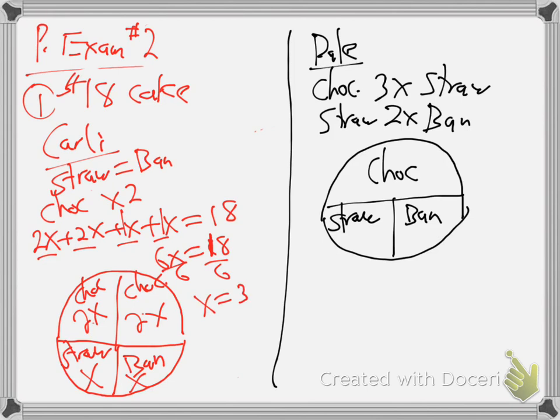So then you just go back in here. This x here is $3 for the banana part, $3 for the strawberry. And these are each 2x, so this would be 6 bucks, and 6 bucks. So the whole chocolate half is 12 bucks to Carly. Does that make sense what they did there? I just said strawberry and banana are equal, x. Chocolate's twice, but you have to make the chocolate sizes the same. So 2x, that's twice. Add them all up to be the $18 cake. 6x is 18, x is 3. Everywhere you find x, it's 3. And double x is 6.